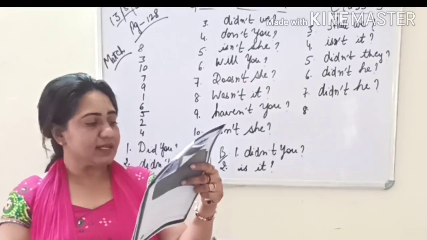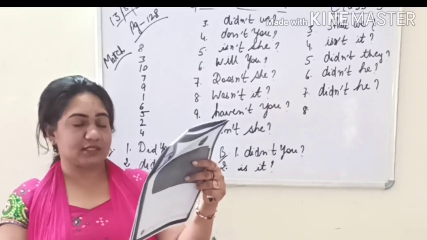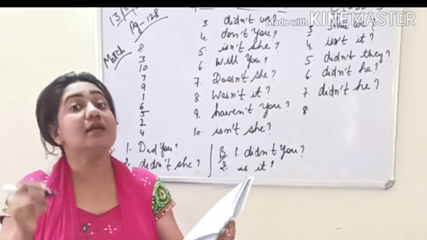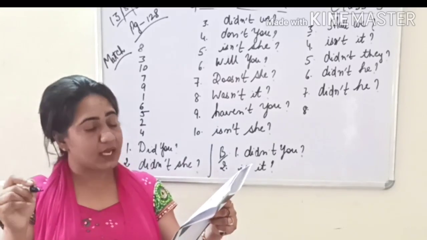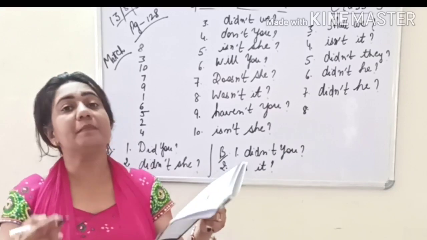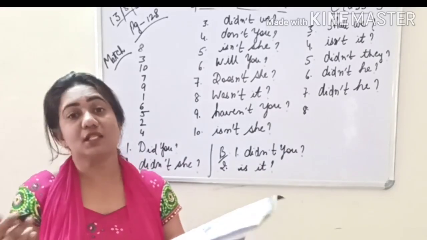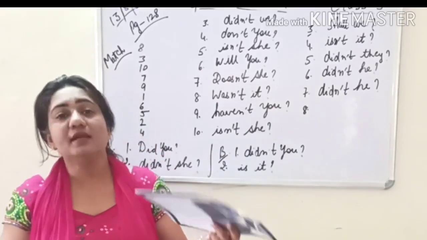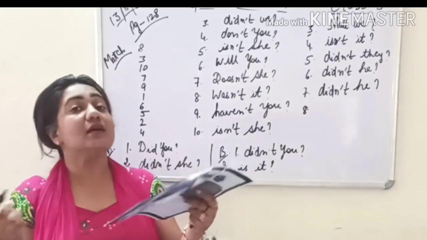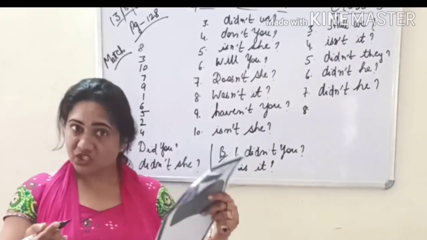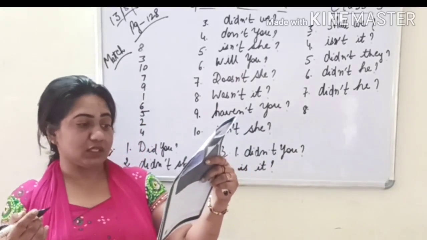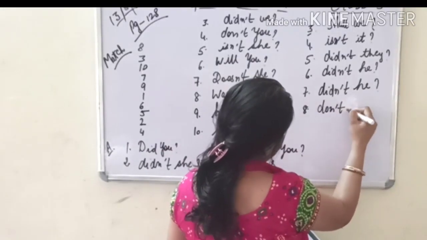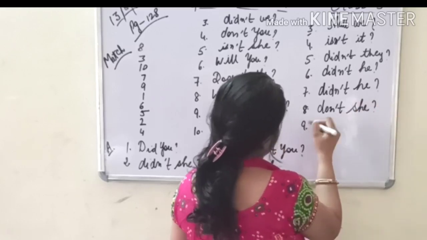Okay. She raises her voice against injustice. Now, positive. So, raises. Now, it is in present tense. Okay, so for present what will we use? Do and does. With plurals we use do, with singulars we use does. So she is singular, so we will use does. So what we will do? Does she? But then it is positive, so don't she? Don't she? We have to make it opposite.